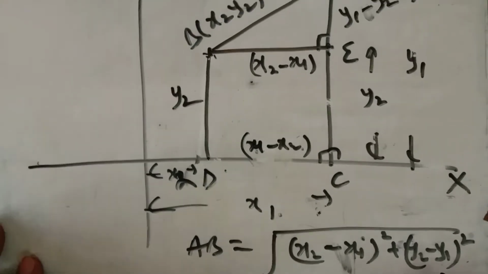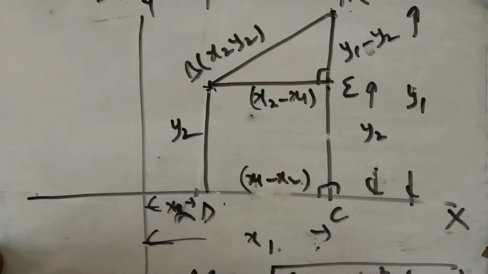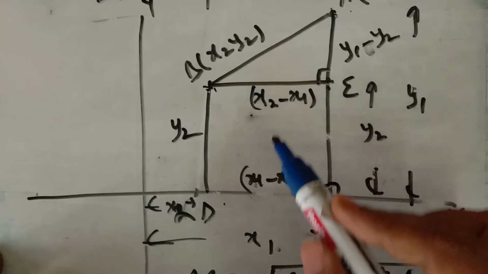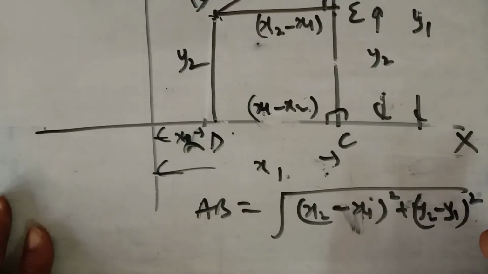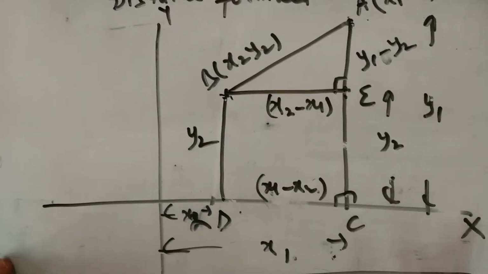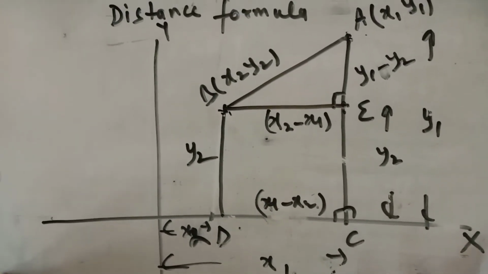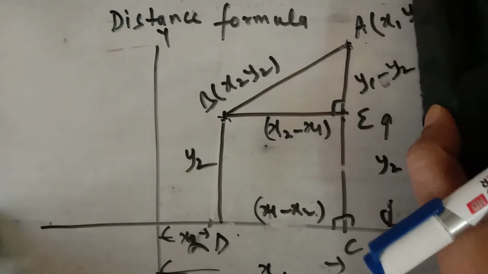Now what is the distance of any point from the origin? Now we know that the coordinate of the origin is 0, 0. If any one of the points is 0, 0, then either x1 or x2 will be 0, and y1 or y2 will be 0. So it comes out to be under root x square plus y square, or x1 square plus y1 square. You can use the direct formula. You can use the distance formula to find the distance of any point from the origin, because one of the coordinates will be equal to 0. So this is the distance formula which is used to find the distance between 2 points when the coordinates of any 2 points are given.